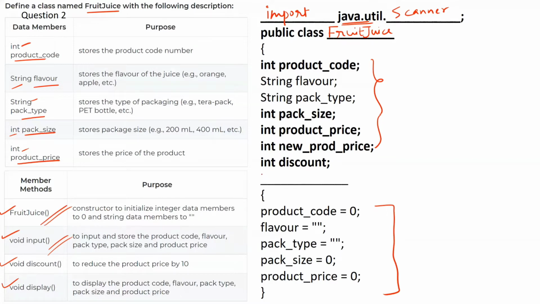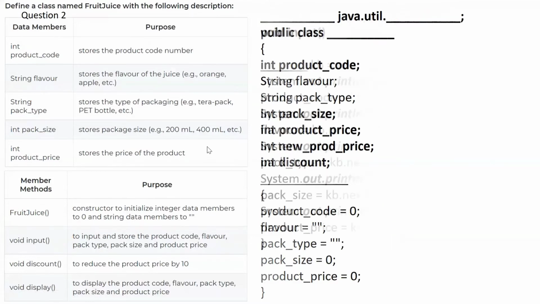So yes, with this we can come to the conclusion that they are asking us to create a constructor. So it is a constructor. Constructor has the same name as that of the class name. So fruit juice will come here, and it is a non-parameterized constructor. So moving forward with the next slide.